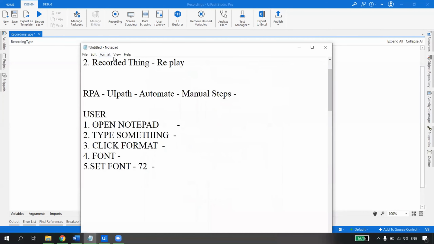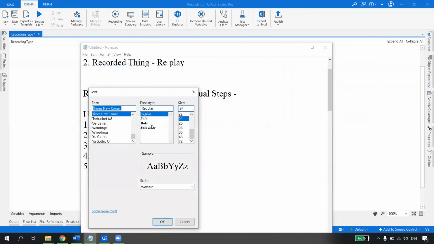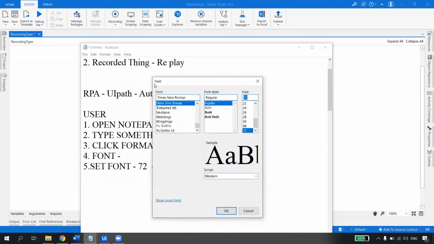When we go here, what the basic one does, it will create a parent for this one. When I click on the 72, it will create a parent for 72. When I click OK, it will again create a parent for the OK button also. But as a human, the desktop recording will say to the basic recording, hey, why are you going every time? Our parent is font only, right? So why don't you just grab the font once and then you just do OK and this button? So that will be much faster, right? Every time going to the font, then 72 and then OK, right?